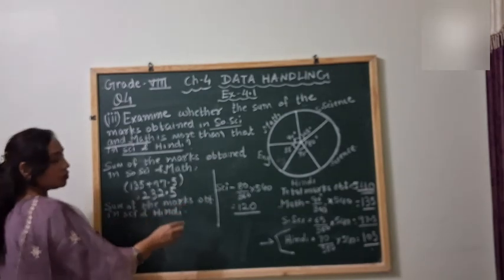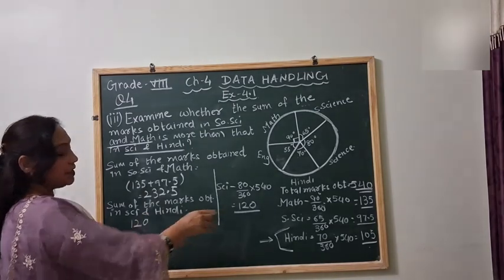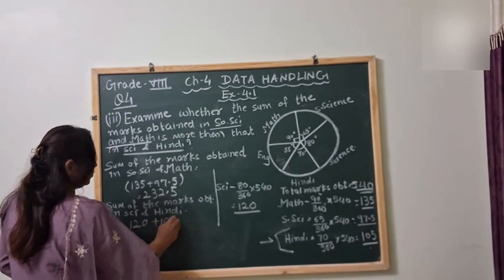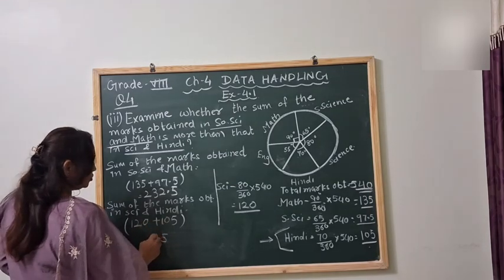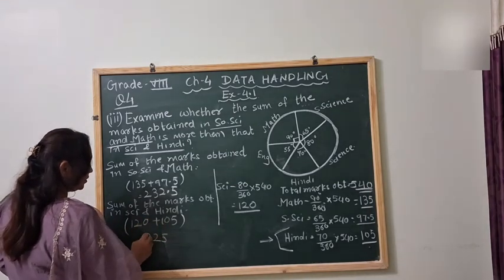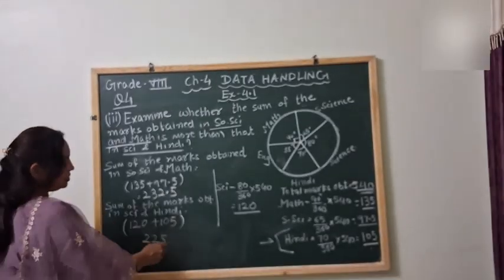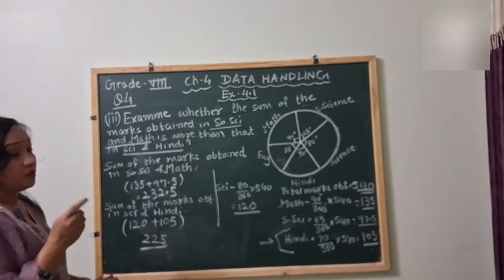So how much has he scored in science? 120. And how much has he scored in Hindi? 105. 120 plus 105. If you add up, 0 plus 5 is 5, 2 plus 0 is 2, 1 plus 1 is 2, so 225. Okay, so here if you check, the question is asking, examine, that means you have to check